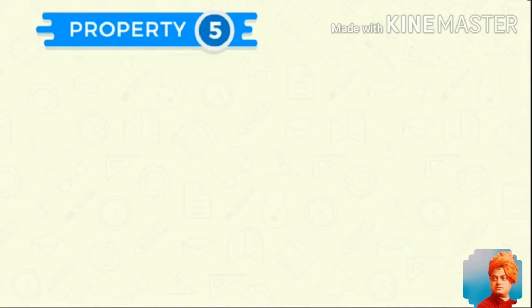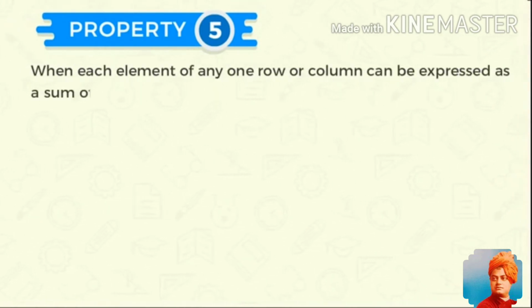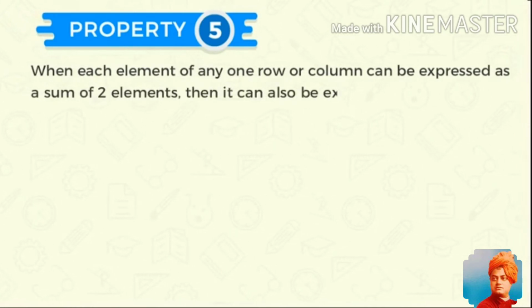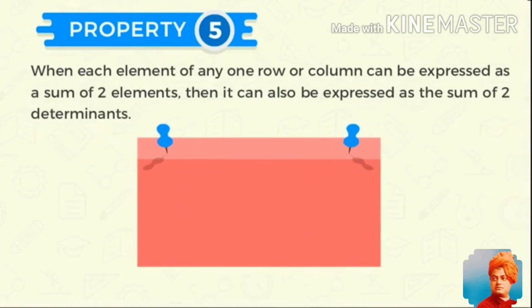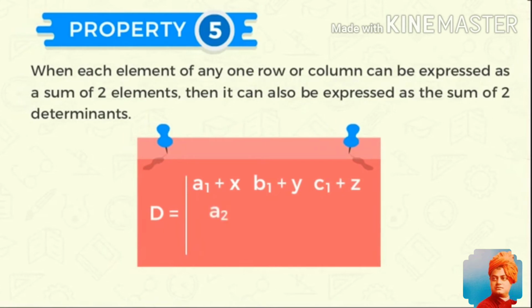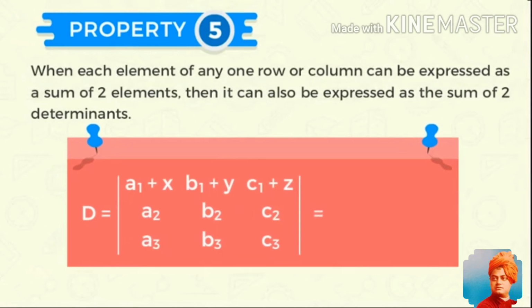Let us go to the fifth property, which states that when each element of any one row or column can be expressed as a sum of two elements, then the determinant can also be expressed as a sum of two determinants. Let us see with an example. Let us take a determinant D in this way, whose first row is expressed as a sum of two elements. So this particular determinant can be expressed as a sum of two determinants whose first determinant can be written in this way